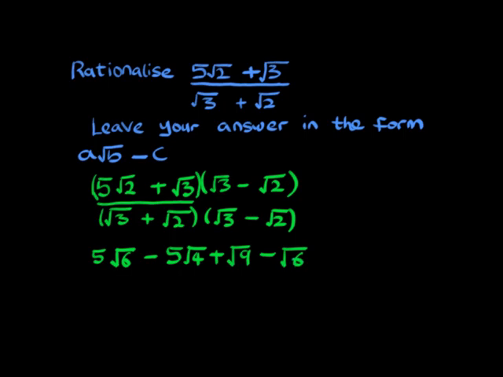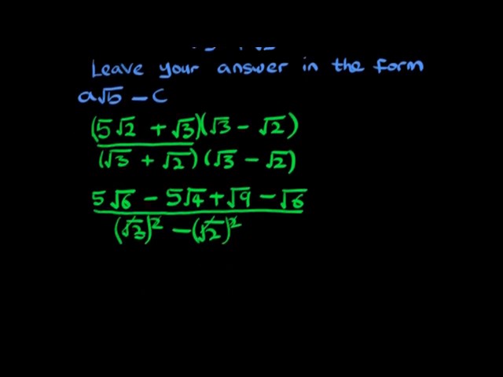At the denominator now, recall that we said that we're going to have a difference of two squares there. So that gives us the root of 3 all squared minus the root of 2 all squared. So this square cancels this square root, and this square cancels this square root. Such that in the aftermath, we're going to have